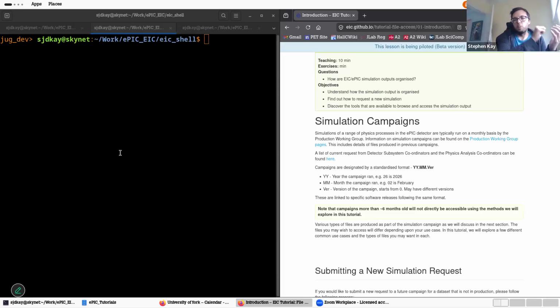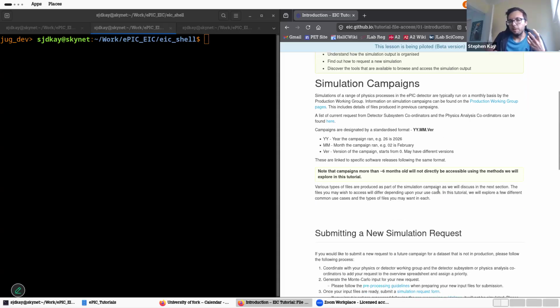So you could say, okay, I want to look at the software as it was at a certain point, and that's kind of a snapshot of that as well. So with it being like that, year, 26 basically is telling you that's from the 2026 campaign at some point, and then the month characters are just telling you which month it was in. So 26 would be this year, 02 would be February, and then the final one, the version, whether this is 0, 1, 2, so on,